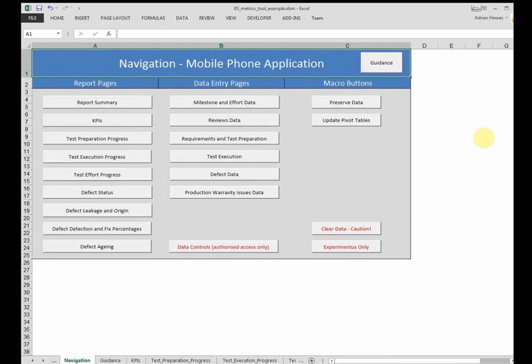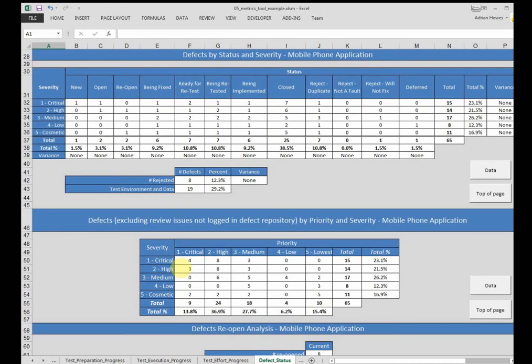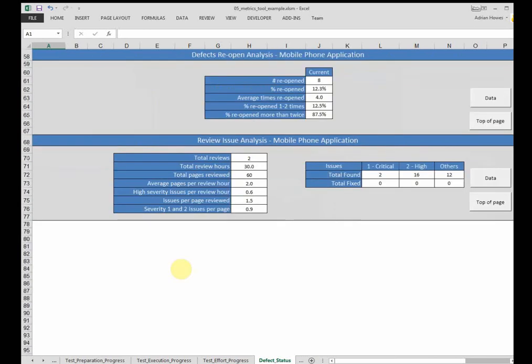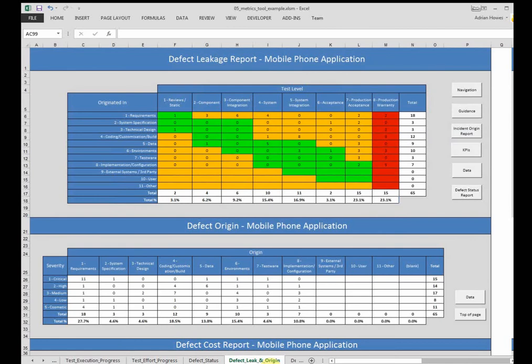The tool also provides a number of graphical and tabular representations of the quality of products under test and of the effectiveness and efficiency of the test process as indicated by the status of defects. The dashboards displaying these data include a comparison of numbers of defects open and closed, analysis of defect status by severity, priority, and times reopened. One of the more important analyses in terms of demonstrating the effectiveness of testing is defect leakage. The defect leakage dashboard